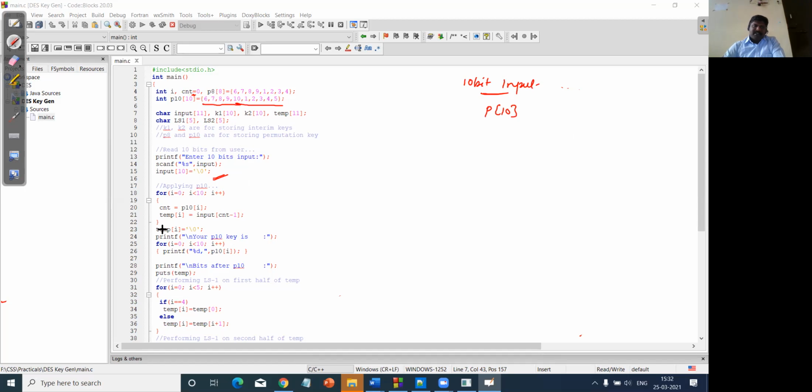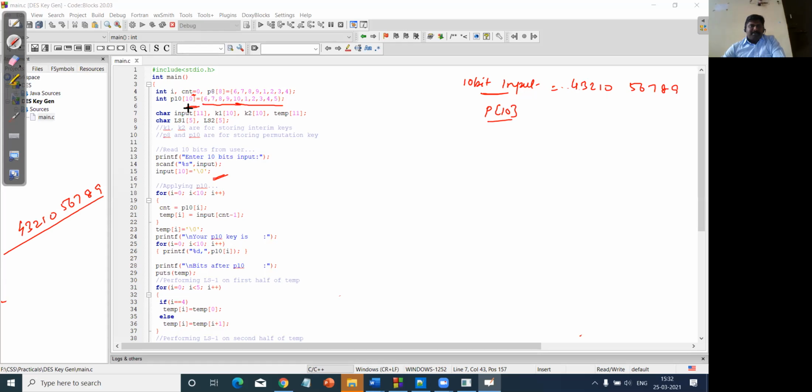Say for example, if I enter 43210 56789, that is a 10-bit value. So this is my input value, 43210 56789. Now this p10 is the permutation position, right?